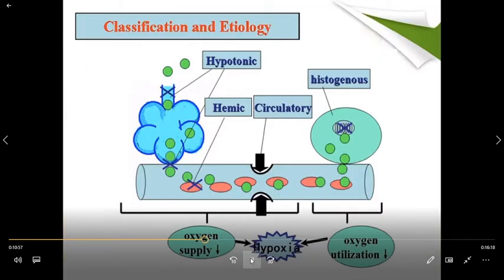Classification, please pay attention to this picture. On the left side is a long alveolus, and the green little balls are oxygen. It gets into our alveolus, where there is one cross. If something happens at the very beginning for the oxygen to get into the alveolus, that type of hypoxia